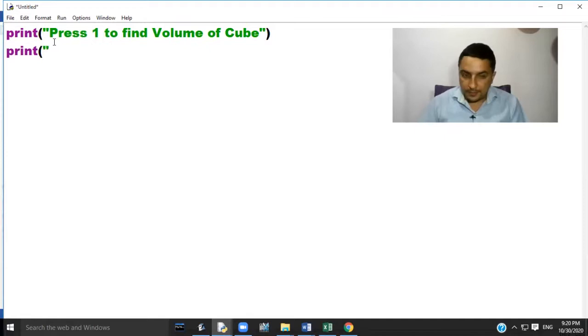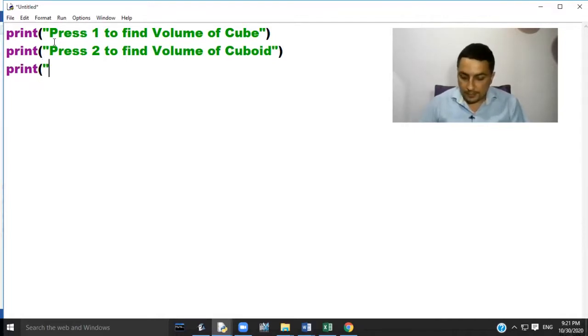Print, press 2 to find volume of cuboid. Print, press 3 to find volume of cylinder.